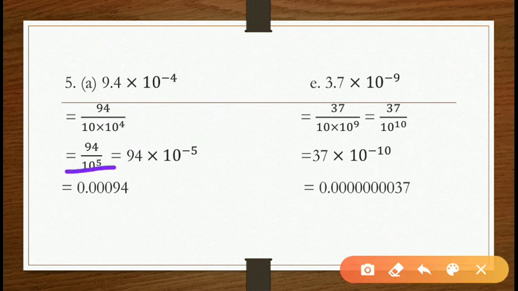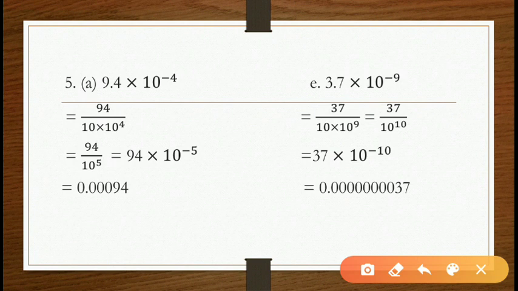It is written here. Now when you write this 10 to the power 5 in the numerator, this will convert into minus. Obviously, when you change numerator to denominator or denominator to numerator, the sign will become opposite. If plus, then it will become minus, and if minus, it will become plus. Now it is a minus, so your decimal will be where? Your decimal will be on the left hand side.